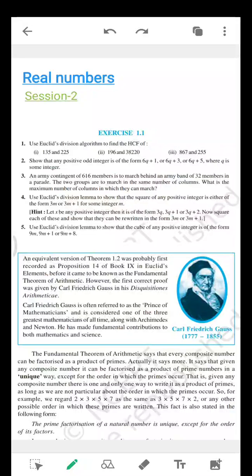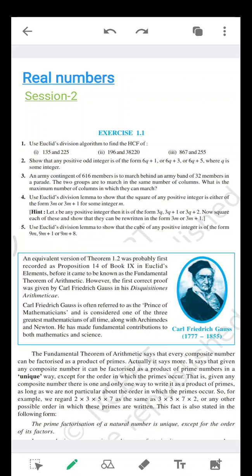In the previous session, we learned about real numbers, the classification of real numbers into rational numbers and irrational numbers, and we have seen the families of each. So any number which can be written in the form of p by q is a rational number, and the numbers which cannot be written in p by q form are irrational numbers. So that was in the first session. Now in the second session,